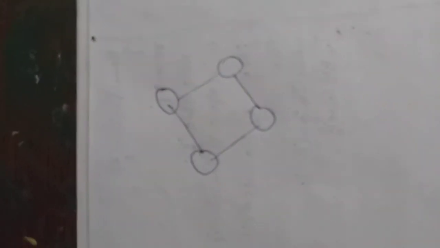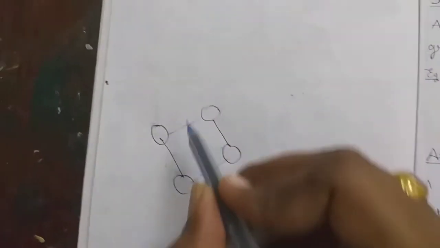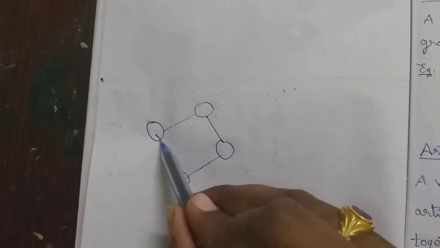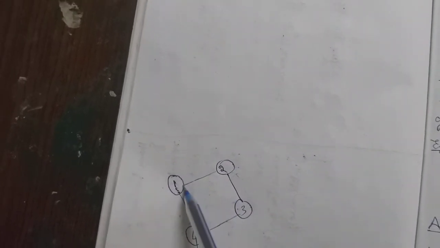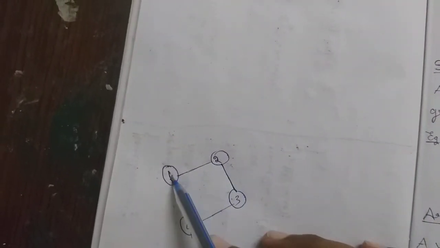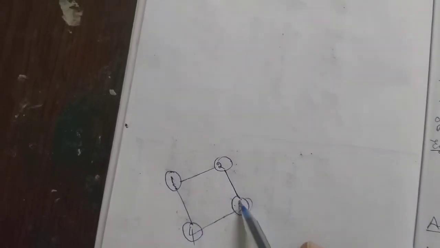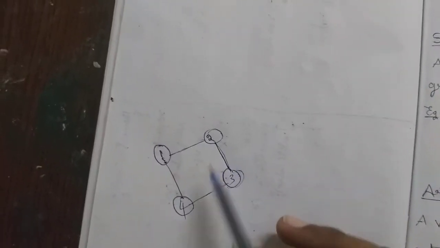It means, for example, if you take this example, tell me whether this graph is a connected graph or not. Yes, it is a connected graph because there exists a path between every pair of vertices. From this vertex, I can reach any other vertices. From vertex number 1, I can reach 2, 3 and 4. I need not have a direct edge from 1 to 3, but I can have a path from 1 to 3. Therefore, the graph is connected. From 2, I can reach the remaining 3 vertices. From 3, I can reach remaining 3 vertices. Therefore, this is a connected graph.